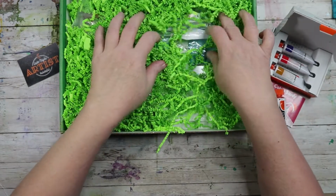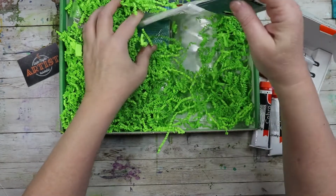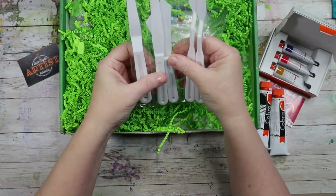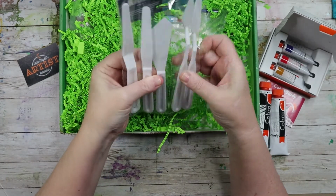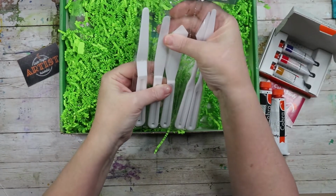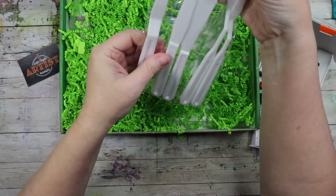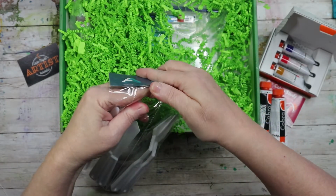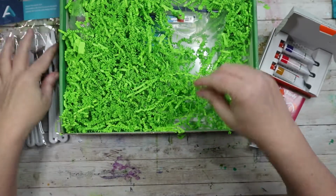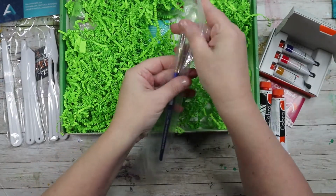I love to paint. And then we have, oh, wow. I have palette knives. These will come in handy though. Plastic ones. They're a little more bendy than the ones I have, and they're in little perforated packages, which is fun. Alright, we'll open those in a second. Let's see what else we have in here. Paint brushes. We have...